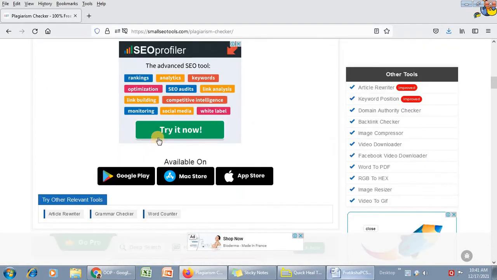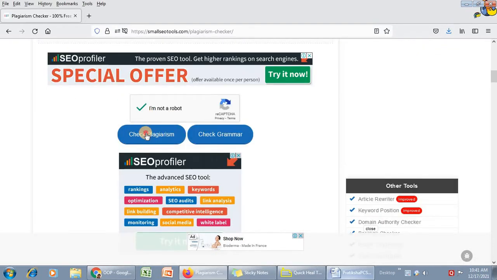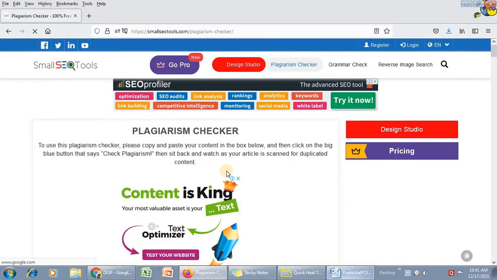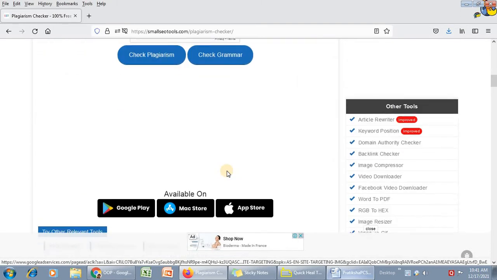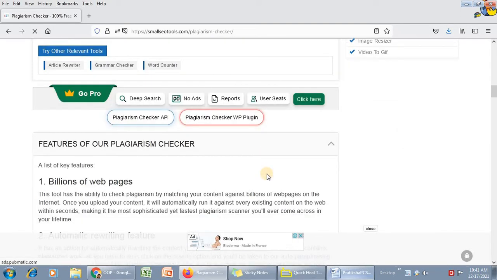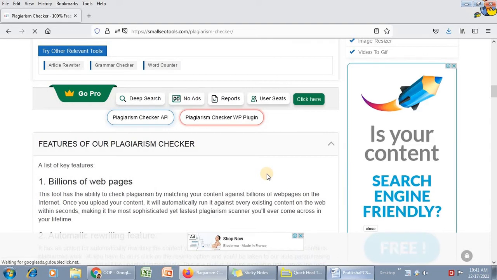I had not clicked on I am not a robot, so I go for check plagiarism. The plagiarism check is being done. Okay, let's see. After some time it might give me the results.